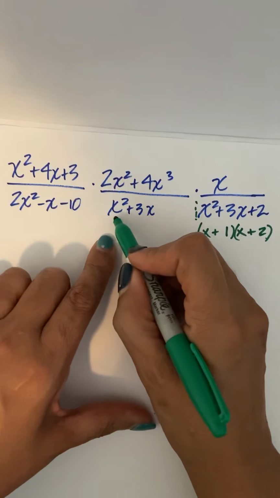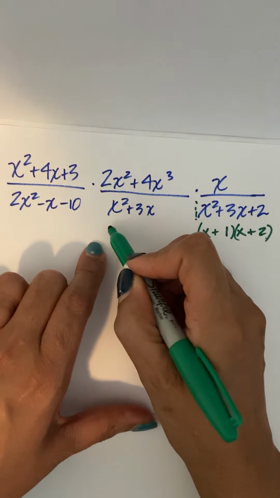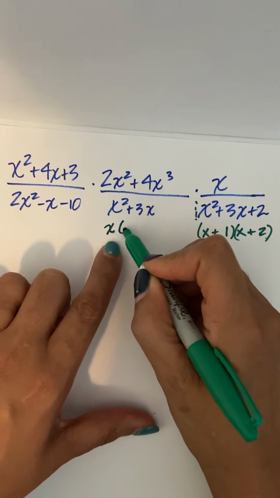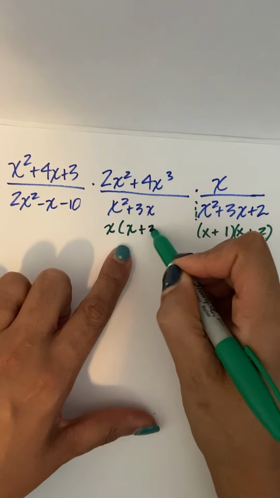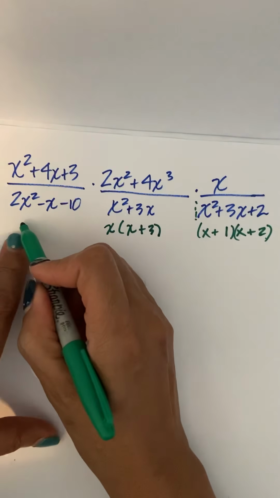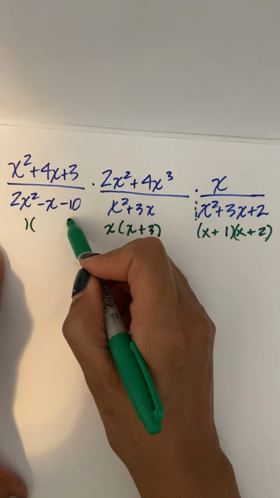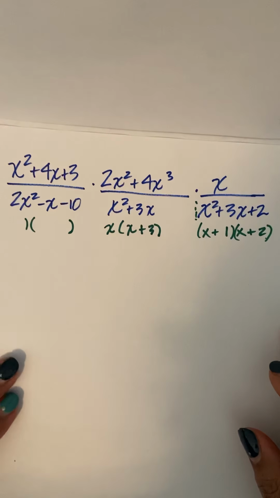Over here, we do have a GCF. The GCF here is x, so I can factor out x. And now, what times x is x squared? x. What times x is 3x? 3. Now, when I look here, I am going to end up with 2 binomial factors. However, I have to